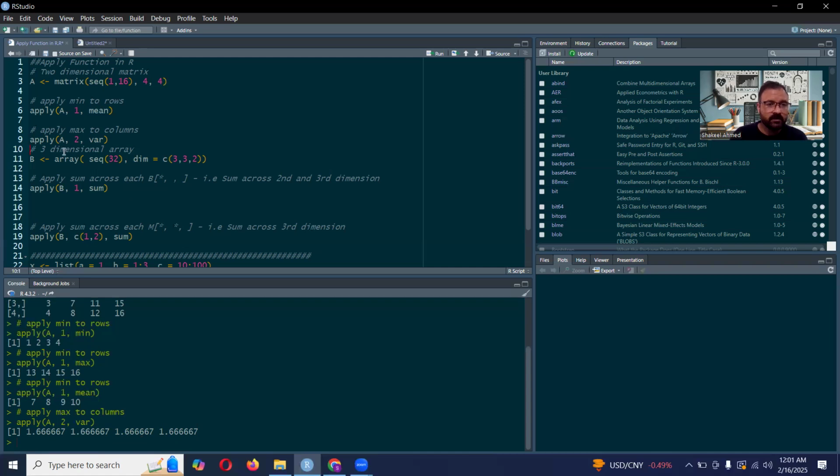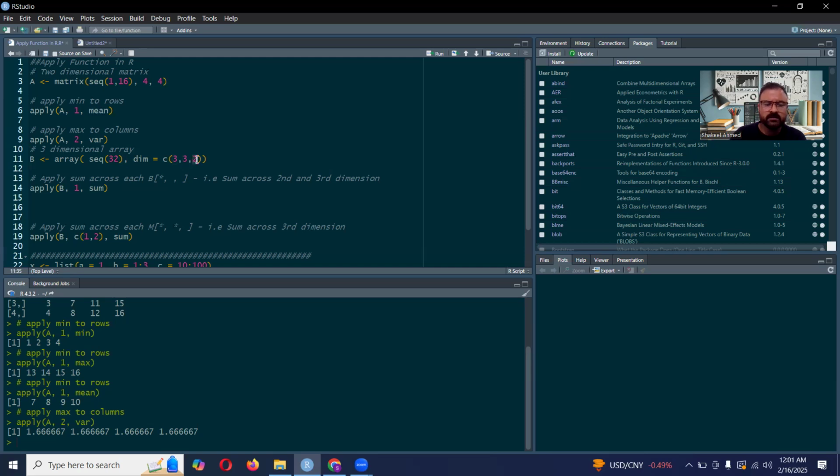And then we can take an example of a three-dimensional array. Three-dimensional means we have two matrices. First, we have by row, and then we have by column, and the third dimension is by object or by array. So you can see this is a sequence of numbers, and we have three rows, three columns. It means we have a 3 by 3 matrix,